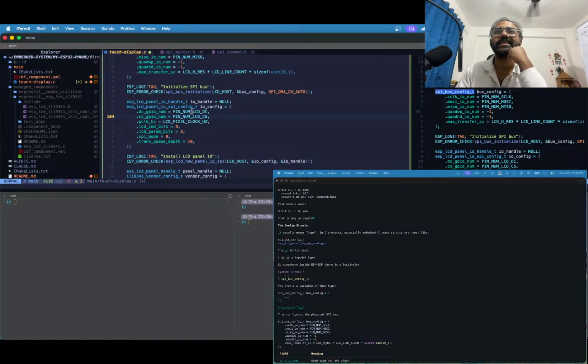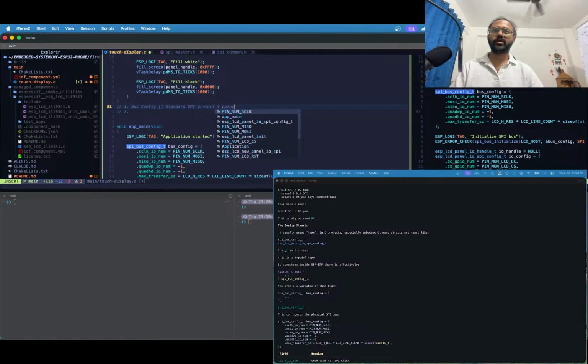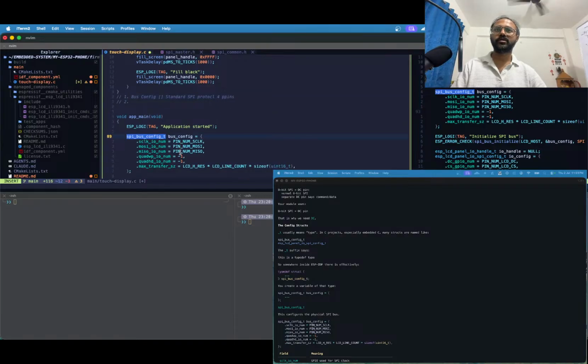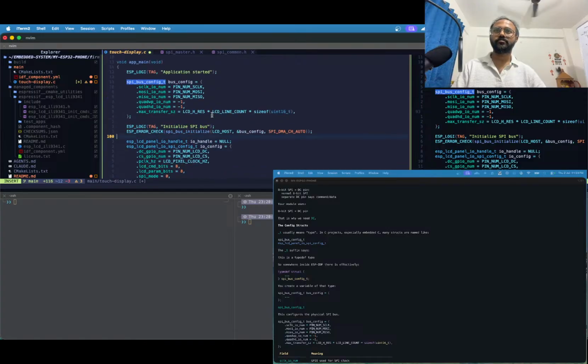पिन नंबर LCD DS, PS चिप सेलेक्ट का पिन है, क्लॉक स्पीड है, और DC is that data control a bit, okay, which makes sense, right? तो यहाँ पे हमने जो बस कॉन्फ़िग डिफाइन किया है, दिस इज स्टैंडर्ड SPI प्रोटोकॉल, जिसमें आपके 4 पिन होते हैं, राइट? यहाँ पे कितने डिफाइंड है? 3 ही है। चिप सेलेक्ट, मिसोमोसो चिप सेलेक्ट यहाँ पे नहीं है, चिप सेलेक्ट अपेरेंटली यहाँ पे है, ठीक है।